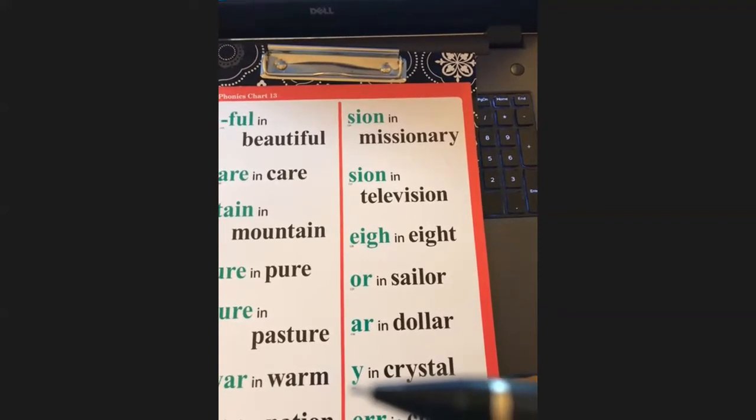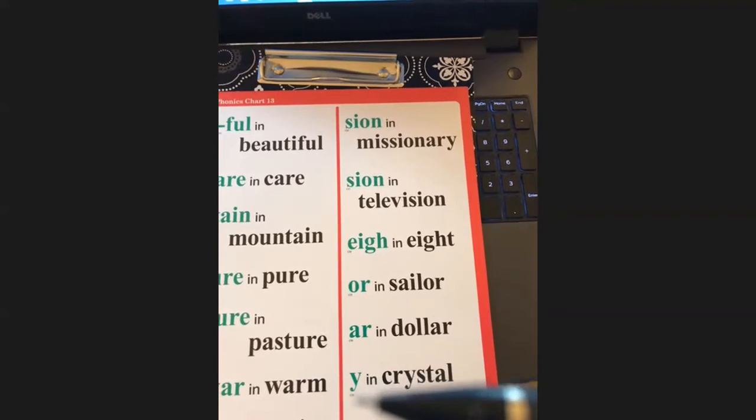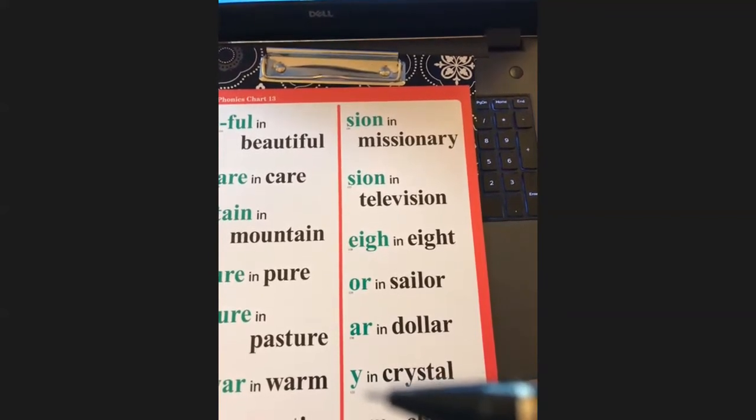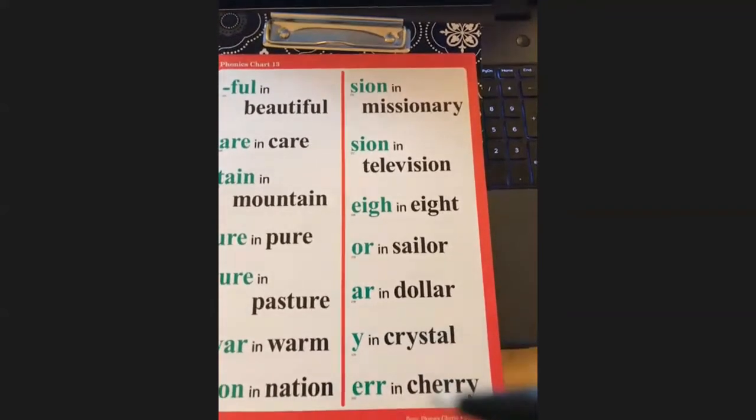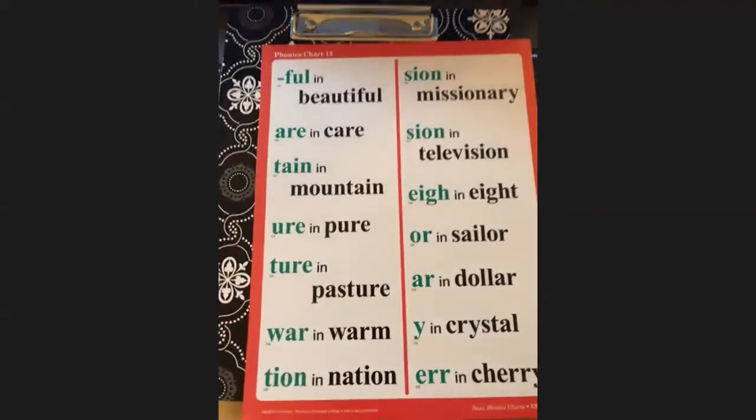to help you, to remember that there are 3 different ways to say the Y sound. Air and cherry, we're good. Okay, that's